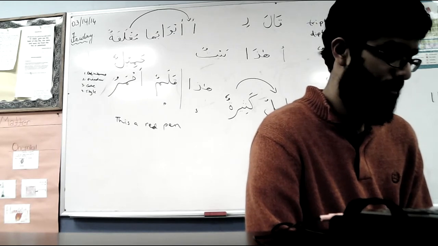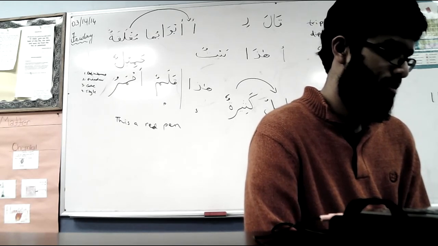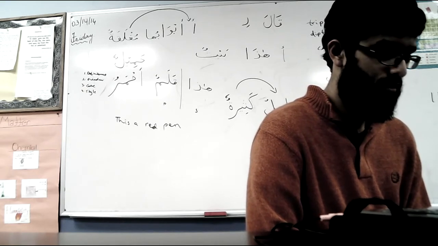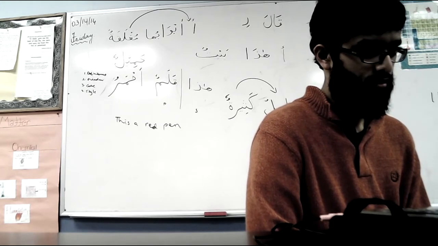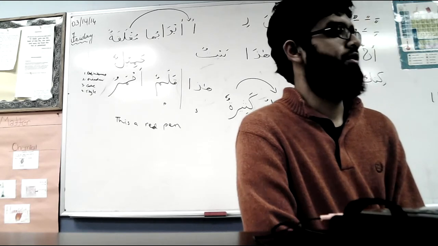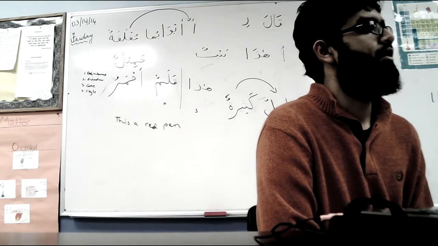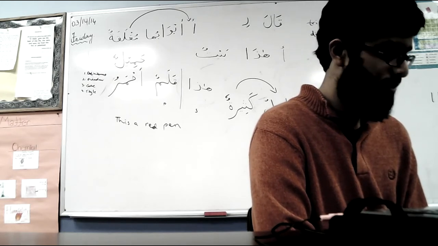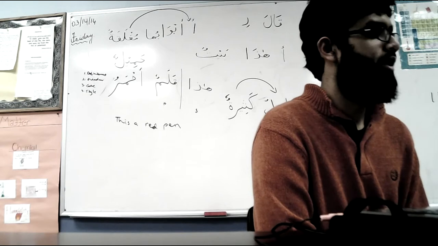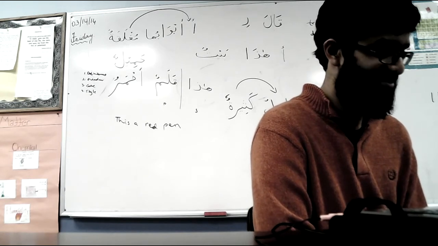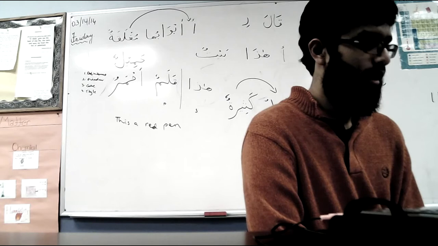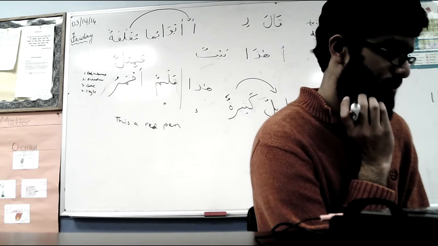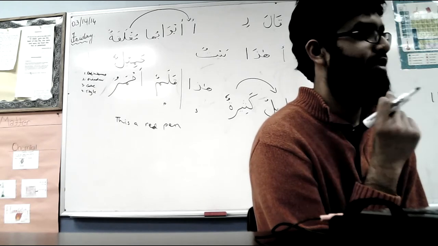Okay. هذا مفتاح غرفتي. Good. What does that mean? This is my key of my house. What's miftahul ghurfati? How do you translate it? So this is the key of my room. Do you say my room? Why are you saying my room? Not my room. Which room? Al ghurfa is just the room. It's the key of the room. Yeah, I was thinking that it might be my room. Come on.